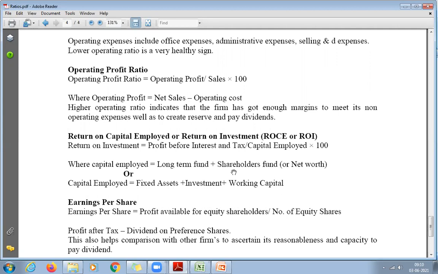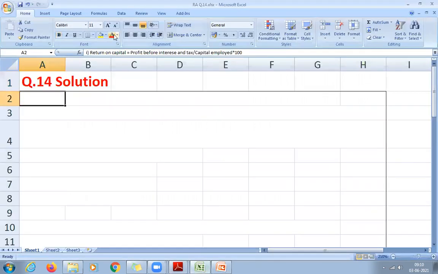First we have to calculate shareholders fund, and then we have to add long-term funds to that, nothing but long-term debts. Profit before interest and tax he has given us directly. You substitute that and you will get the return on capital employed. Okay, students, to understand the formula, shall we go ahead and solve it? Any doubt? Yes or no? Yes, sir.